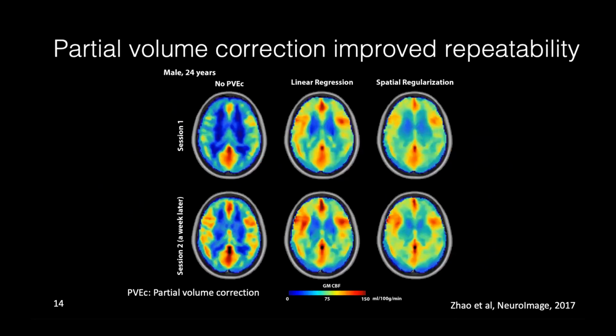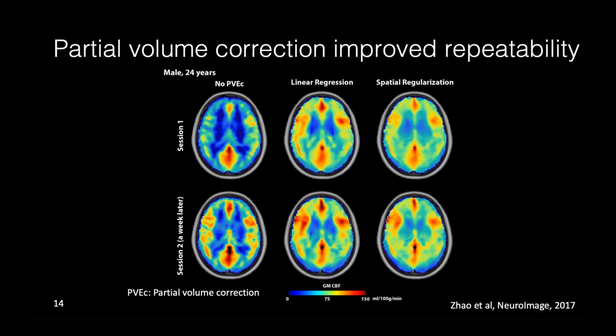Another benefit of partial volume correction is improving the reproducibility of our studies. Here we are looking at the gray matter CBF of a normal subject before and after partial volume correction. And we actually collected this data from 2 sessions separated by a week. Now, without partial volume correction, the CBF maps showed substantial differences in the cortical regions on both sides of the